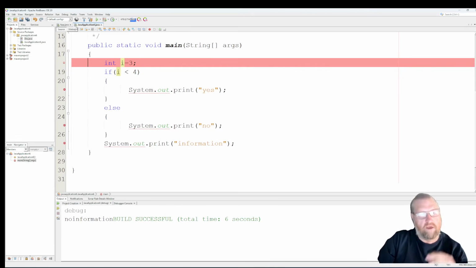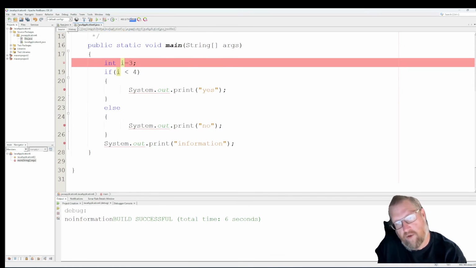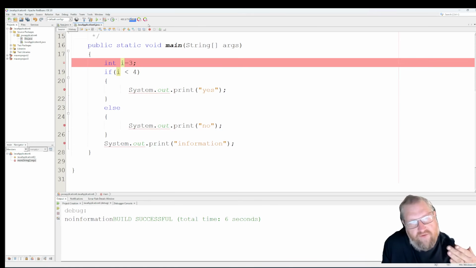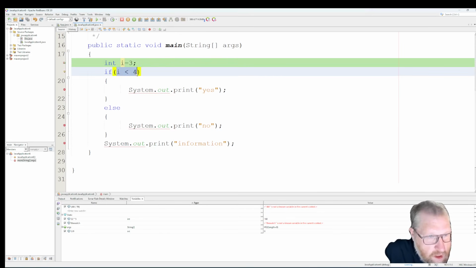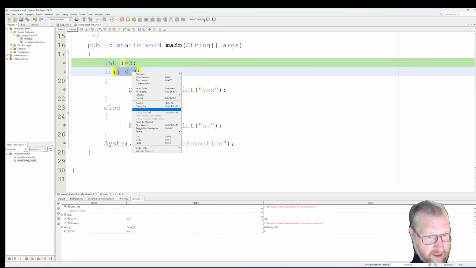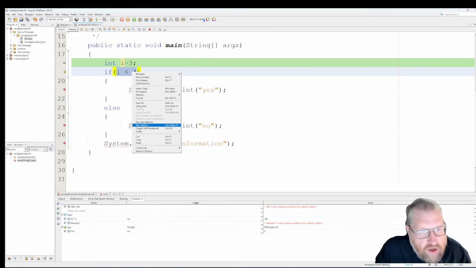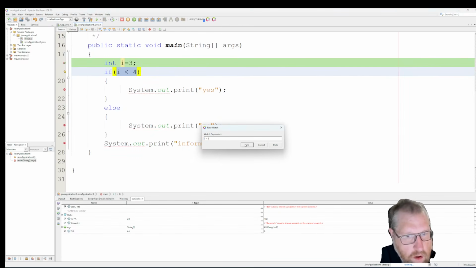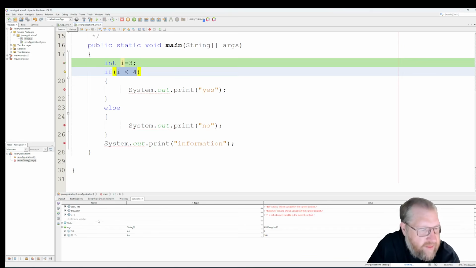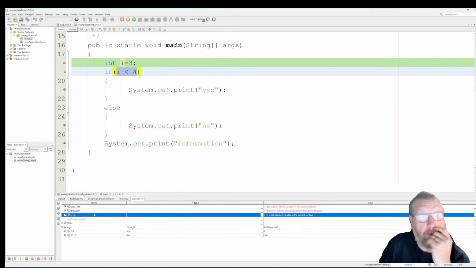Now let's look at this, because we can actually take expressions and select the expression in the debugger so that we can add that as a variable watch. And those are nice and handy, especially when debugging. So I can look at what's going to actually happen here by selecting these, right click on it and say copy or add watch, new watch. And you see how the expression is I less than 4, and when I'm in scope with my runtime, that I less than 4 is going to